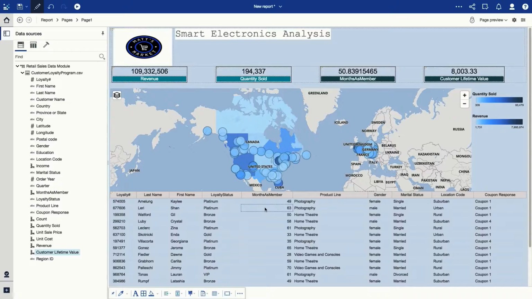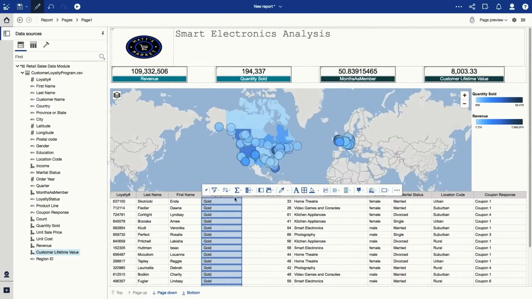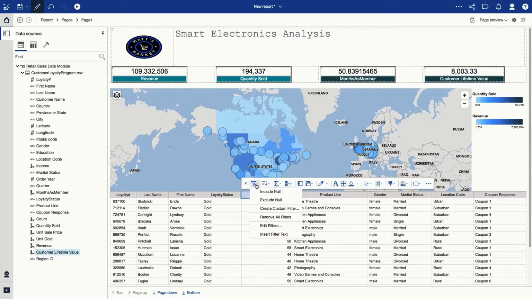Now I can interact with the list that contains my members to narrow the focus to only those who might be interested in purchasing smart electronics. I'd previously learned from the predictive model that Cognos Analytics built for me that those customers who had been members for more than 48 months were more likely to purchase, so I can create a filter to only include those